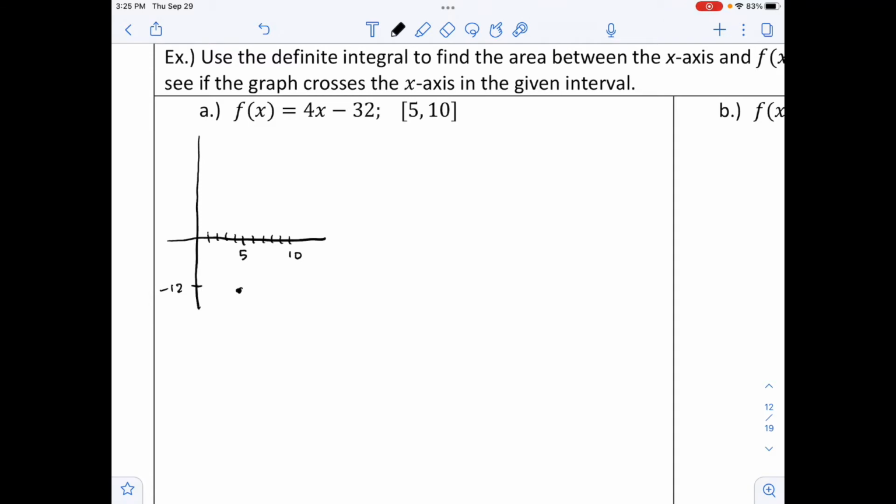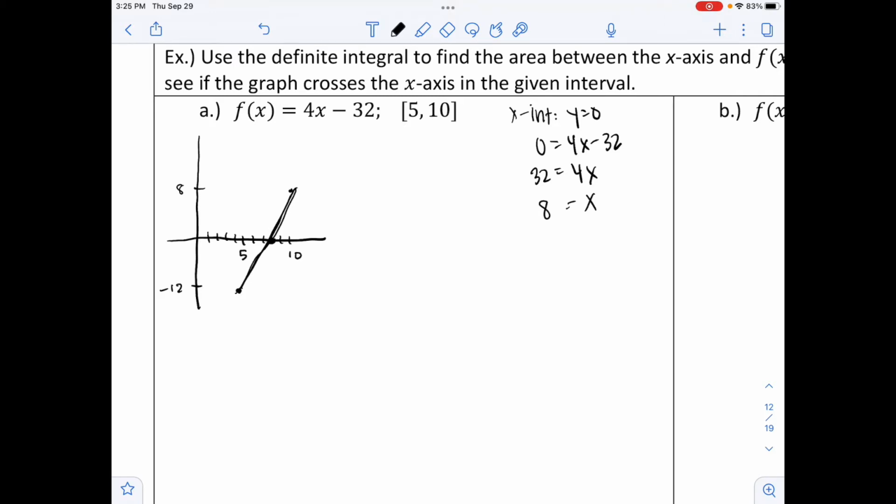And to find my x-intercept, since we do know that this is going to cross, we're going to set y equal to 0. So we have 0 equals 4x minus 32, or 32 equals 4x, or x is equal to 8. So I know that it's going to cross at 8 for our x value. And then substituting in 10, we know that we get a positive value of 8, since 4 times 10 is 40 minus 32. So connecting these to make my linear line,